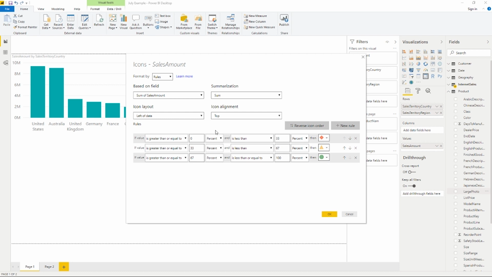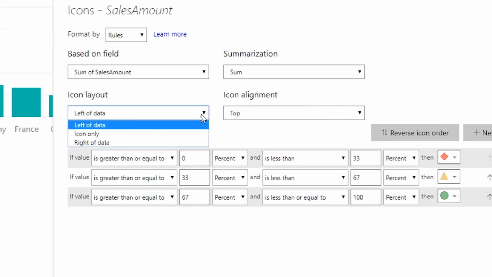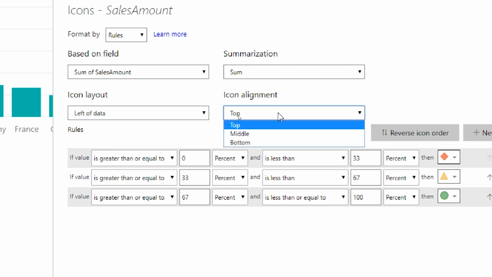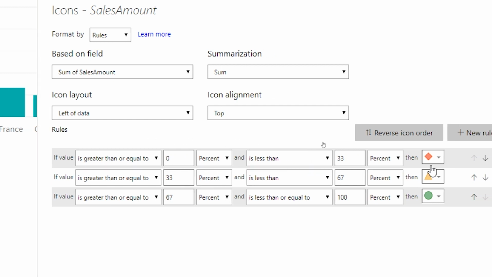It does. You can also specify where you want the icon to appear. So you can see icon layout here. You can say you want it left of the data, or maybe you don't want the data. You just want the icon only. Okay. Or maybe to the right of the data. And you can tell it how you want to align the icon. And then it's giving you some defaults as far as how to measure those thresholds as well. So it's going to start with everything from 0% to 33% will be red,